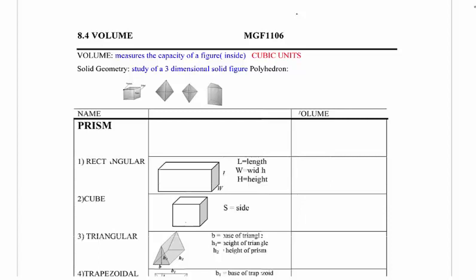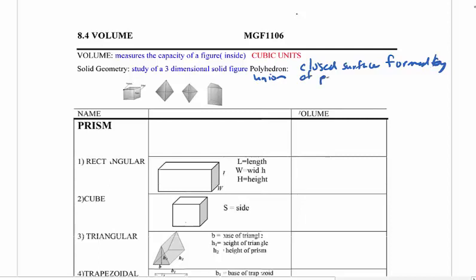And so it's the capacity that would fill this 3-dimensional object. Solid geometry, which is what we're going to deal with, is looking at 3-dimensional solid figures. A polyhedron, which is a new keyword, is going to be a closed surface, which means if you follow with your pencil or pen and you follow it around, you don't have to pick it up. So it's a closed surface formed by the union